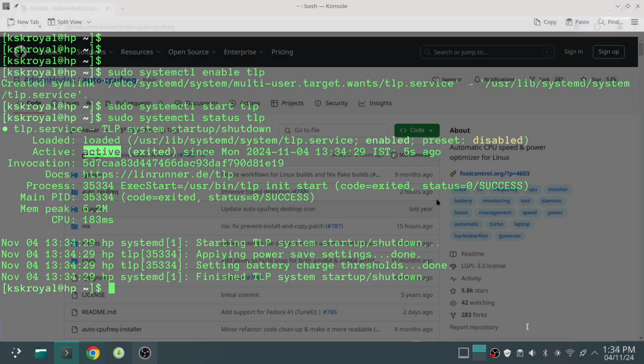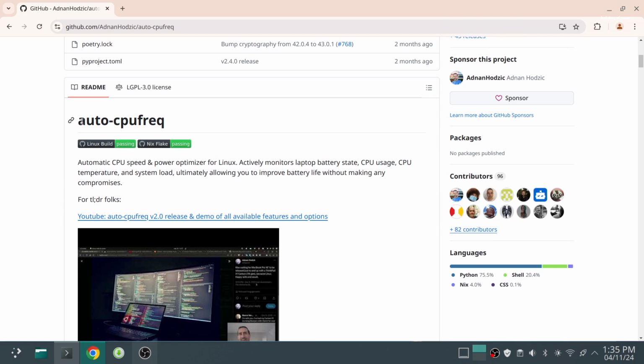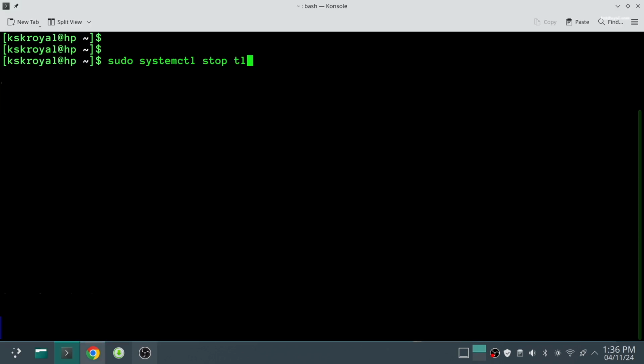Alternatively, you can use auto-cpufreq for dynamic power and performance optimization. This is a very useful tool that actively monitors the battery state, CPU usage, and temperatures, and improves battery life without making any compromises. Before installing auto-cpufreq, you must uninstall TLP to avoid conflict.